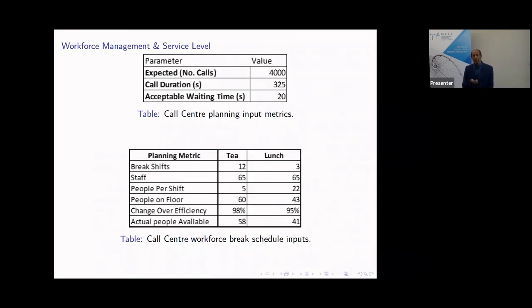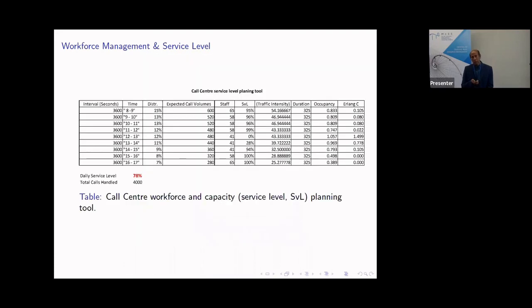Then you calculate from the data the distribution of calls coming. Say you have 5,000 calls coming: from 8 to 9, what was the percentage? And 9 to 10, and so on. So you have to break it down to an hourly basis. Otherwise, it is not possible to work with this Erlang C formula and the service level calculation. And that's how it is.